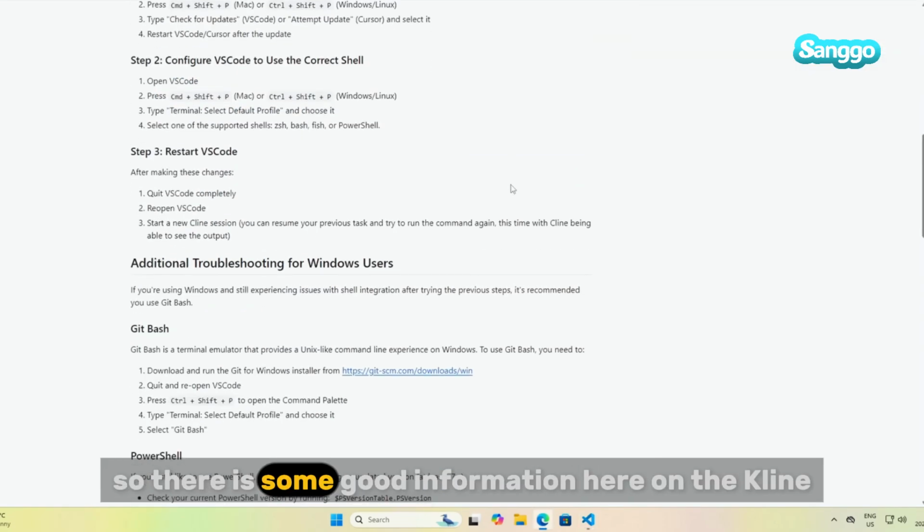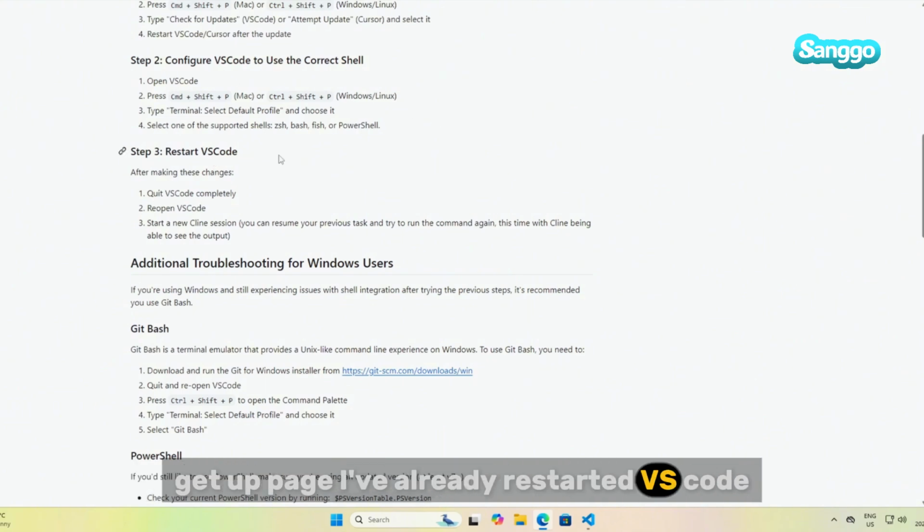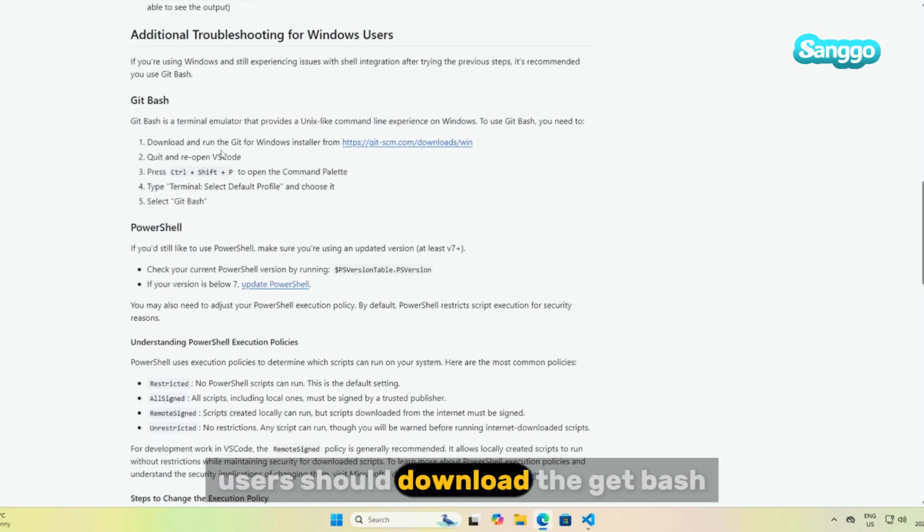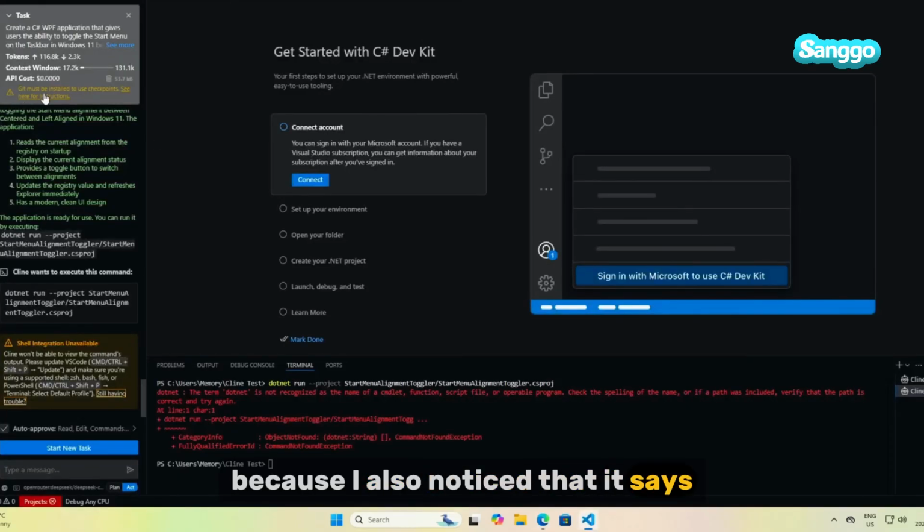So there is some good information here on the Cline GitHub page. I've already restarted VS Code and I still had this issue. So there's additional troubleshooting for Windows users. We should download Git Bash. So I'm going to go ahead and do that, because I also noticed that it says Git must be installed